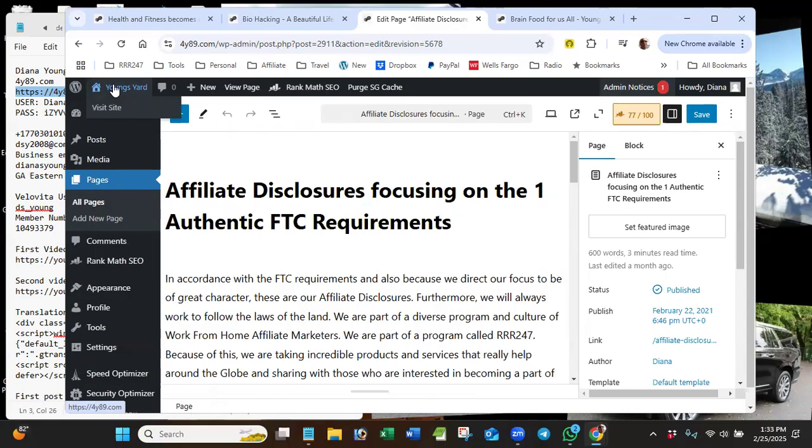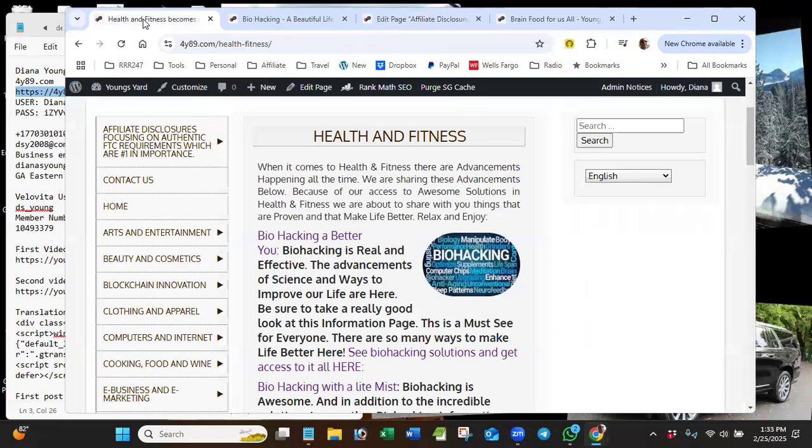Right now I'm looking at the content area. What I want to do here is go back and use this other tab so we don't have to leave there. When you come here, when you're on your website, you get a chance when you hover over this, you can go